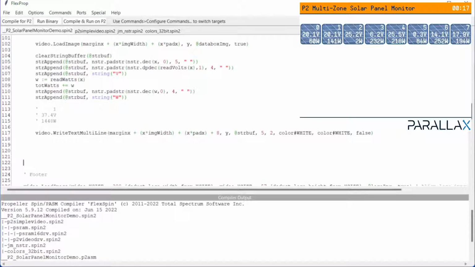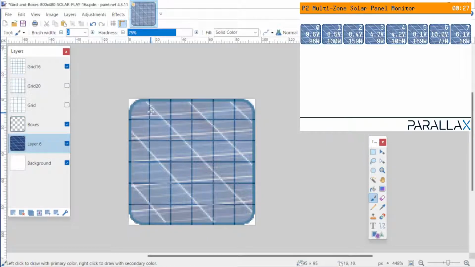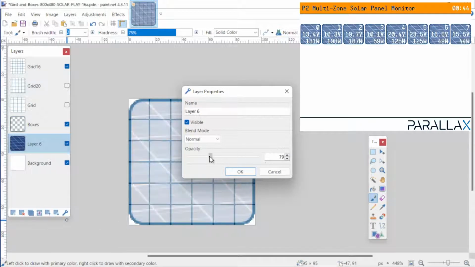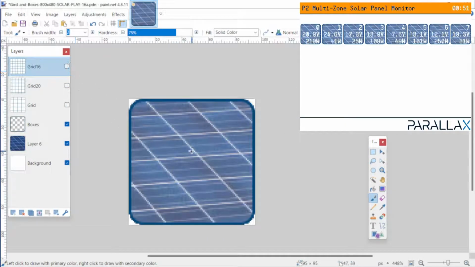The solar panel image is very simply one of these things, and I just drew a grid of 16 by 16 pixels, and then I drew a box around it, of course with lovely rounded edges, why not? And then just added this solar panel kind of graphic background. Gave it a little bit of opacity, so it's not too dark, not too bright, somewhere in the middle. And then saved it without the grid. Get rid of the grid. There you go. Saved it,